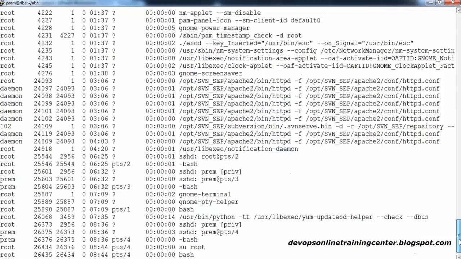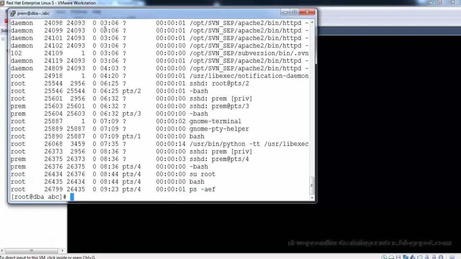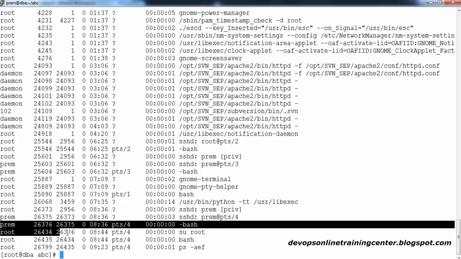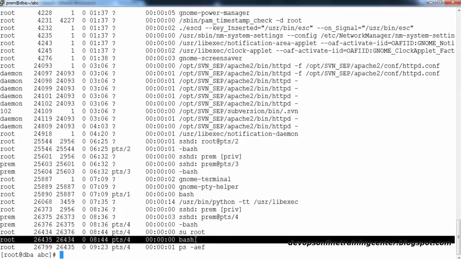And let me tell you one more thing: the terminal which you are accessing right now, even this is also a process. There is an SSH server running over there and that is exposing this terminal, otherwise you cannot access even this terminal. And look at this bash, can you see this bash here? Yeah, bash, this is what you are accessing, the bash terminal, and you ran a command to see this output, and even that is also a process.